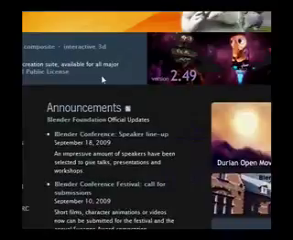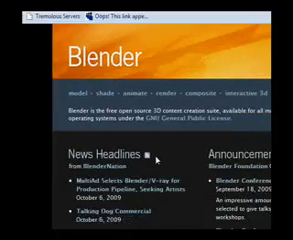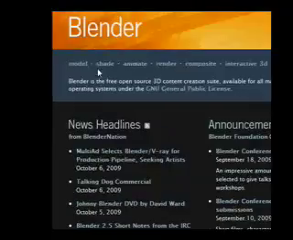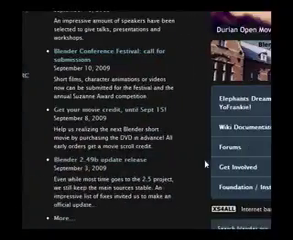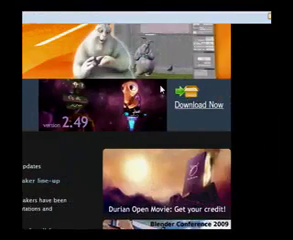So you go to www.blender.org and it comes up with this site. There's loads of different galleries and everything you can look at. But to the right here, there's a download now. If you click that and run through